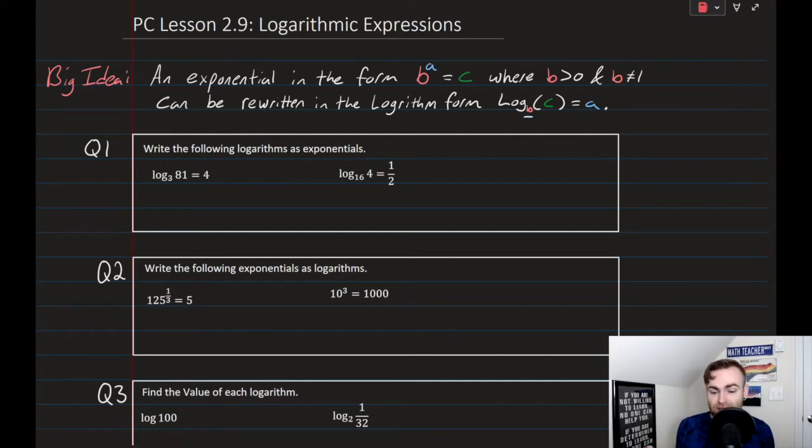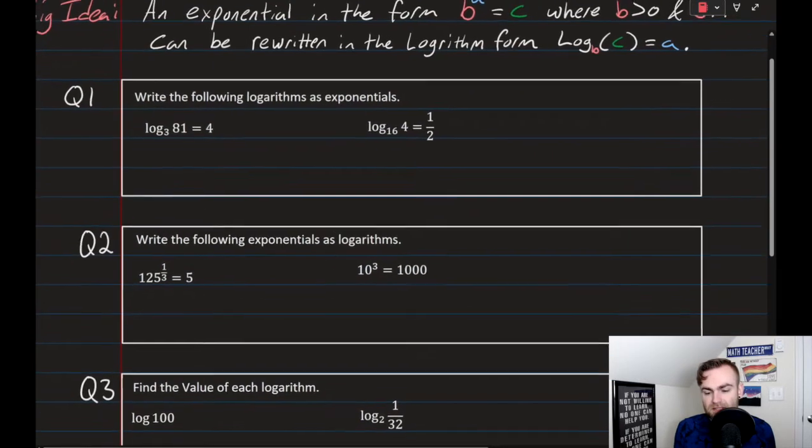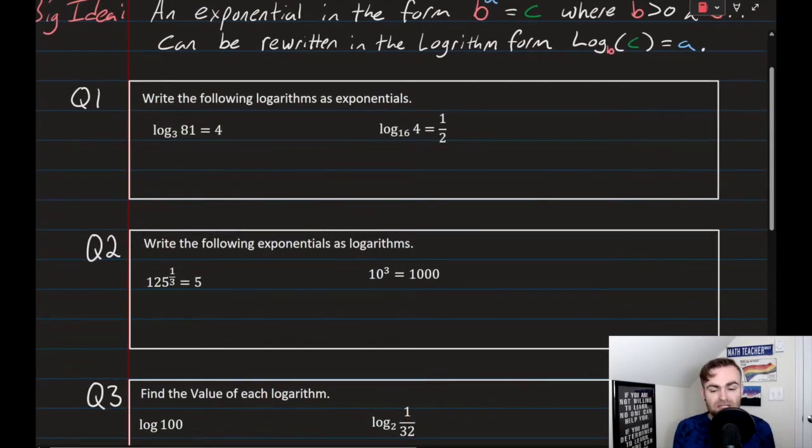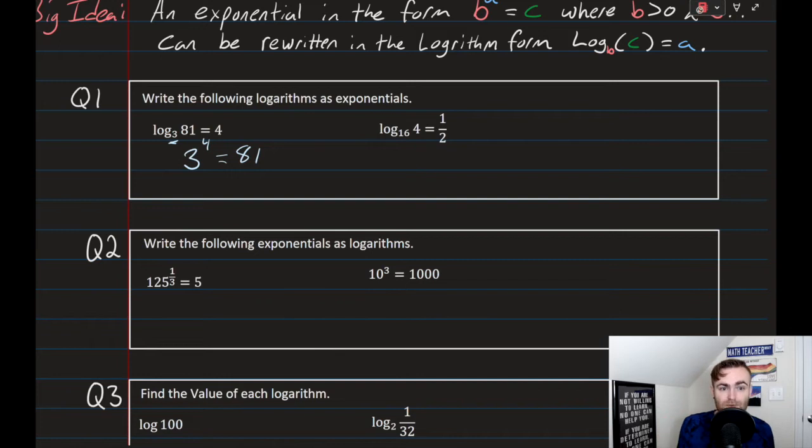So let's try this out and actually apply this. If we have these logarithms here, how can we rewrite them as exponentials? The first thing we're going to do is identify the base. It's always going to be the subscript, the small number here. This is going to be 3. Logarithms are equal to exponents. So they're equal to the exponent. The exponent is 4, and therefore the result should be inside. And this makes sense to us. 3 to the 4th power is indeed 81, because 3 times 3 is 9, times 3 is 27, times 3